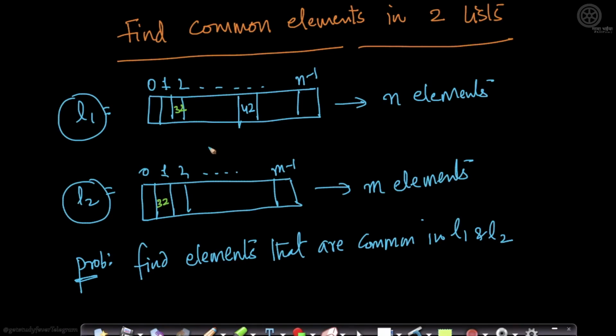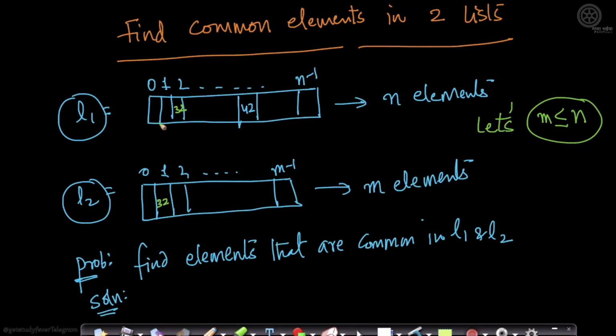Now, what is the time complexity? Let's look at the simplest of solutions or algorithms. The solution goes as follows. First, which is the smaller loop here? Let's take L1. Just for simplicity, let's assume that m is less than or equal to n. Of course, given two numbers, one of them will be less than or equal to the other.